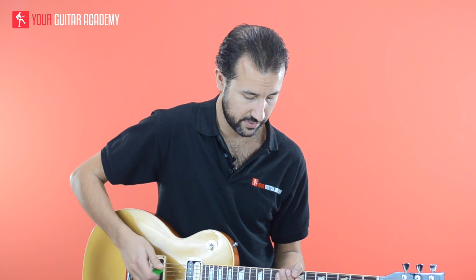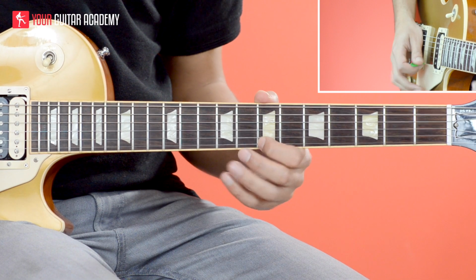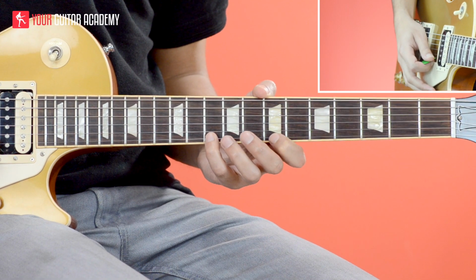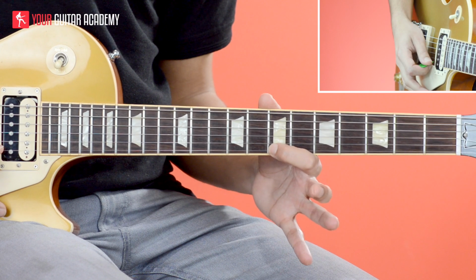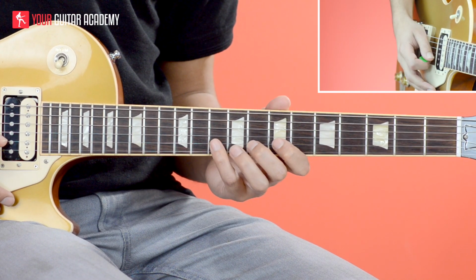So it's a nice little fun lick to play, and we're descending down the E natural minor scale, down 2 octaves pretty much. So we start this lick on the 7th fret of the top E with our first finger, and then with our little finger we're going to play the 10th fret of the top E, and then we're going to come down to the 8th fret of the top E, 7th fret of the top E, and then we're going to do 10, 8, 7 on the B,